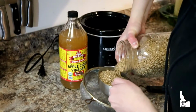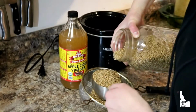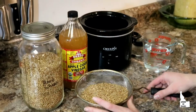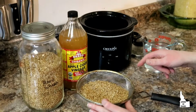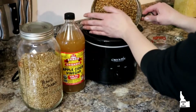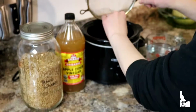So I'm just going to approximately measure out about 2 cups of wheat berries. Good enough. Okay, so I'm going to rinse these really well, and then I will come back and show you what we do now. Alright, I'm back. I've got my wheat berries all nicely rinsed. I'm going to dump them in my little crock pot. And then we're just going to add